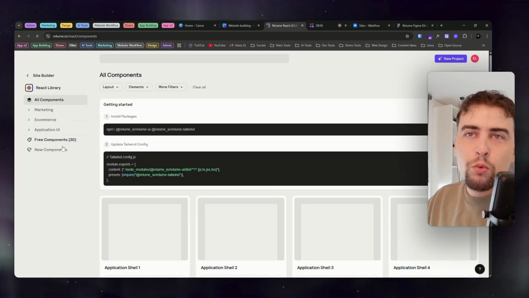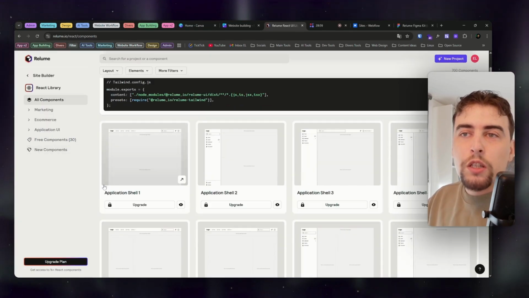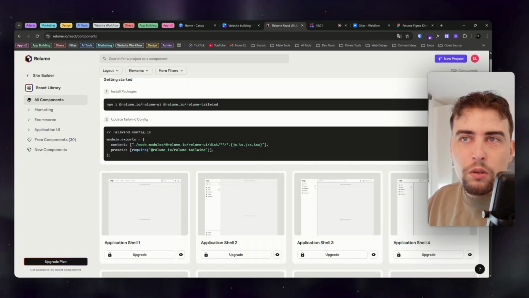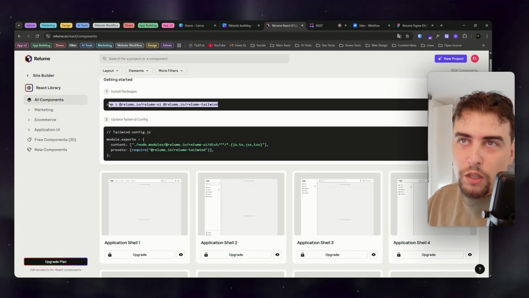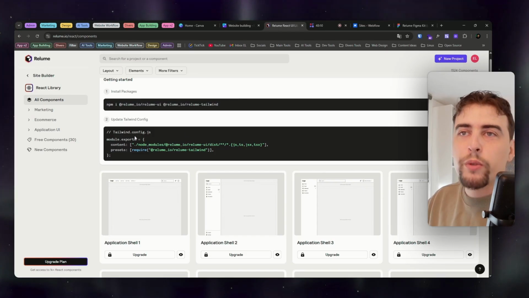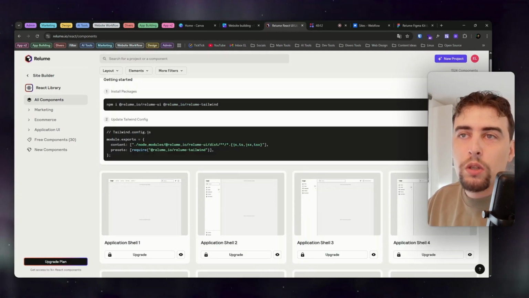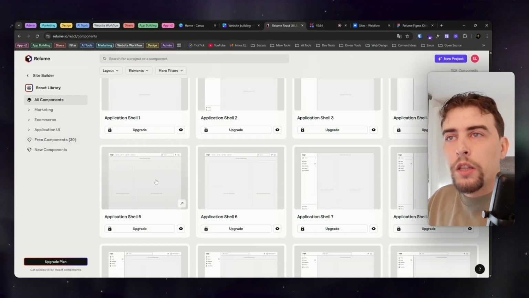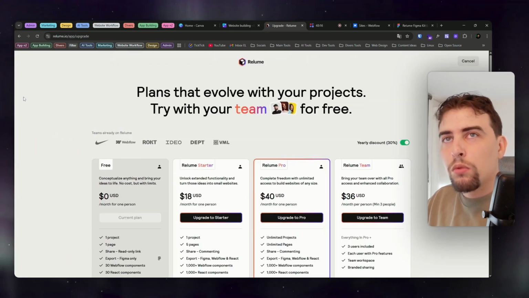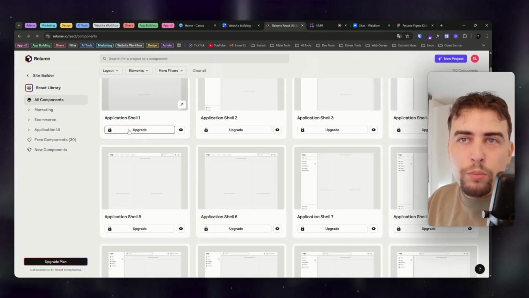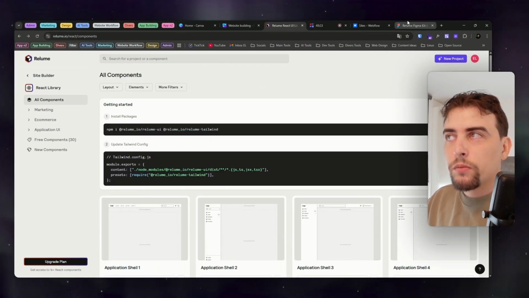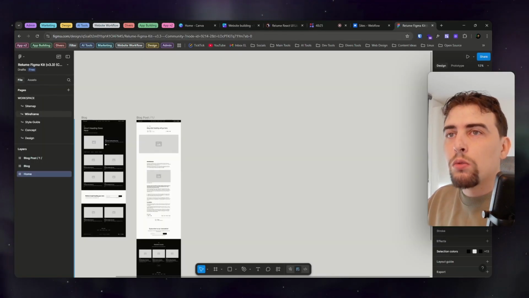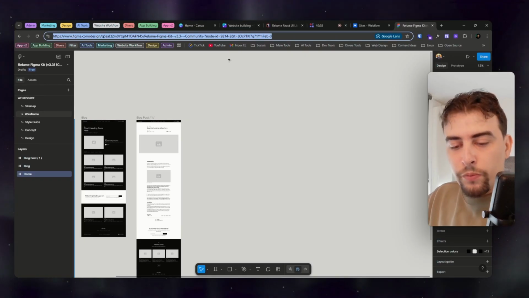So Reloom has a React library, so you can copy paste all the components, also for Tailwind. So if you hard code, you can use the Reloom library, which is incredible. And then, here I have to upgrade, but I can copy paste the HTML, which is really great. So into Webstudio,